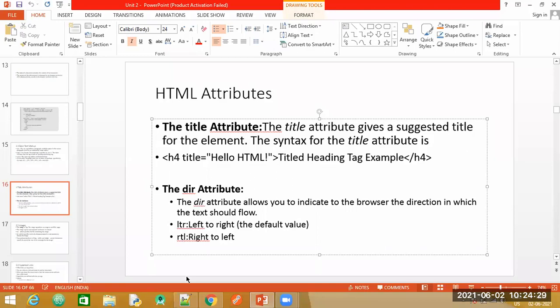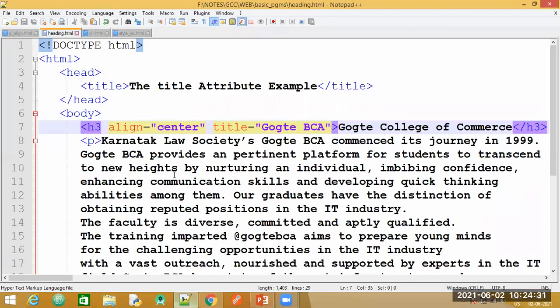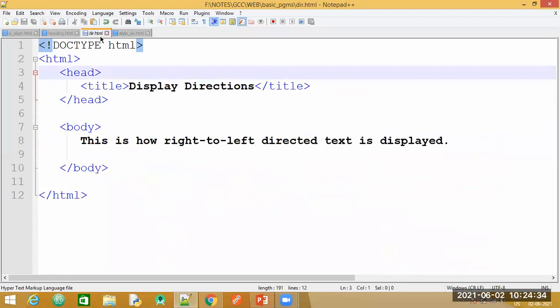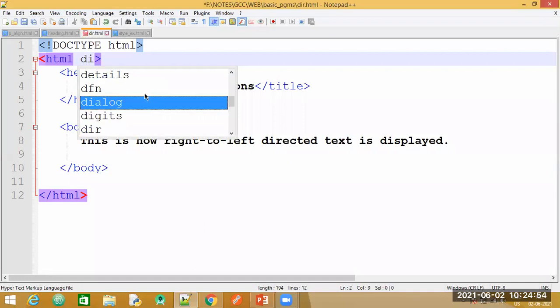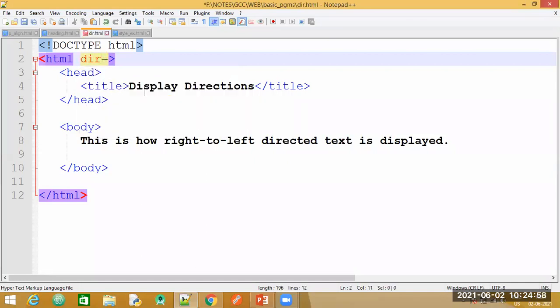Okay, let us see one example. Here I have taken just a single line, not the entire paragraph. Now where do you have to specify this property? It is supposed to be specified in the HTML tag. So give a space, write the property name, which is dir, equal to, and specify its value.